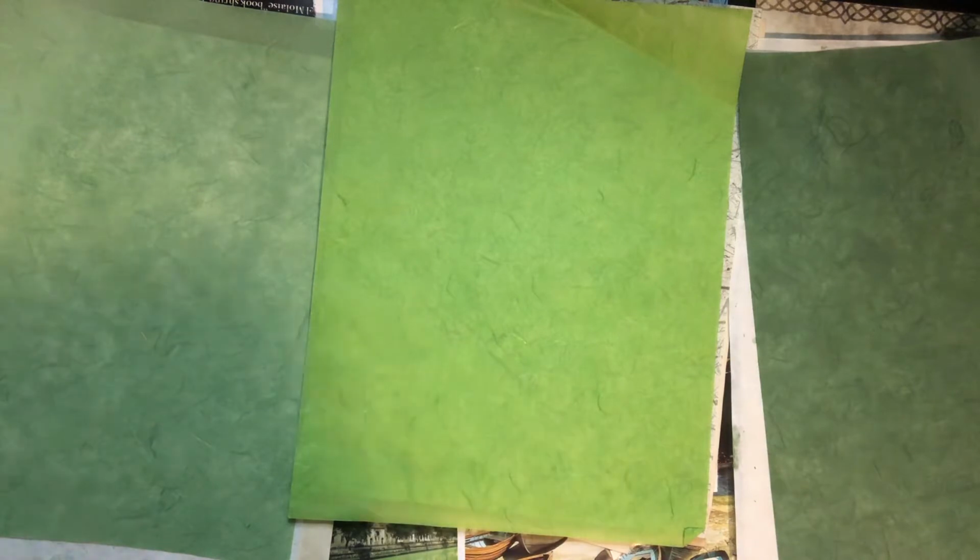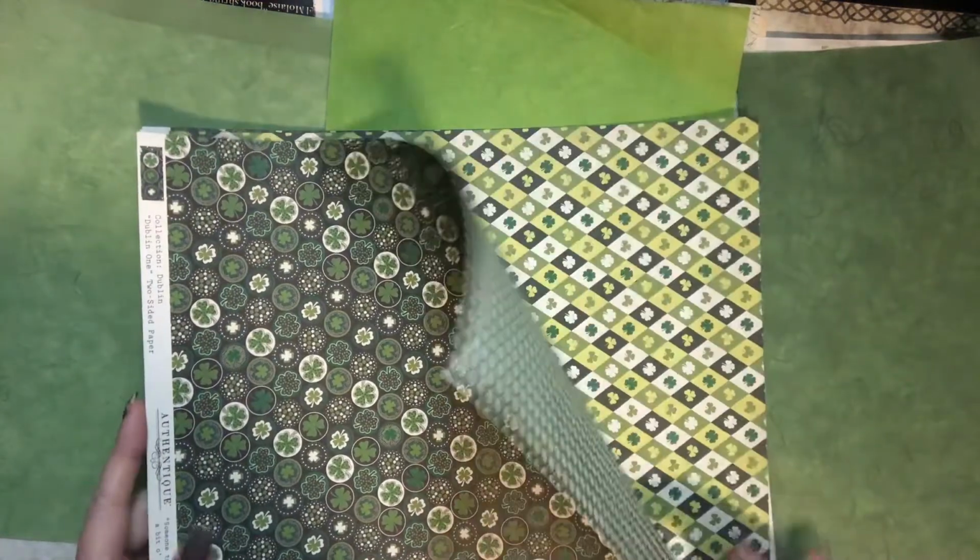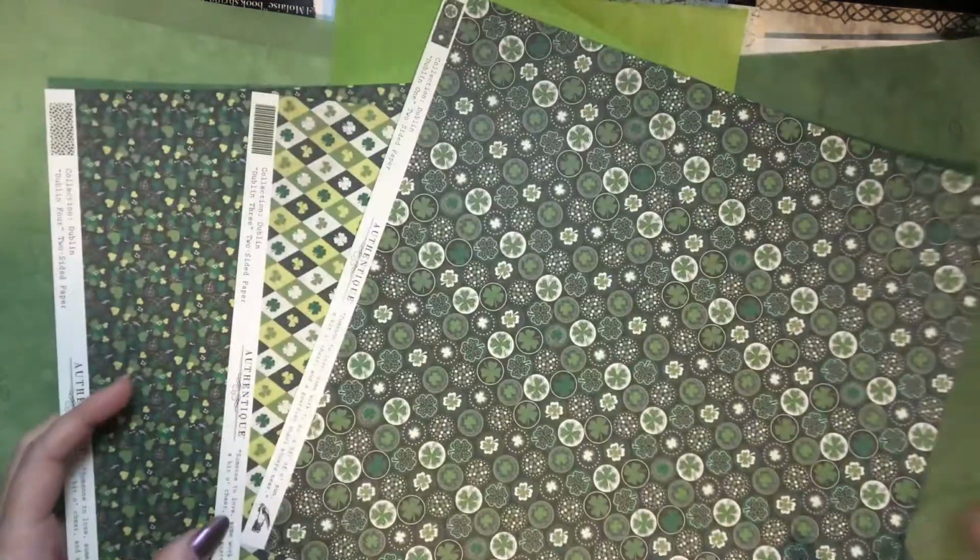And then of course we have the scrapbook paper. So each one of these is going to get 1. I won't sit those on there because we're going to have to cut this down. So that's going to be our next step. And then